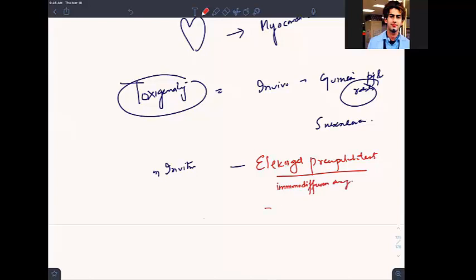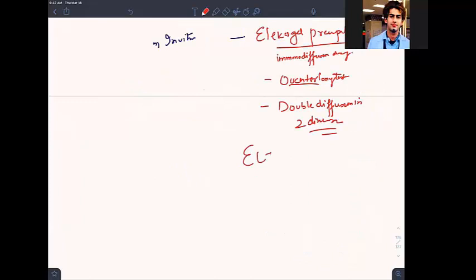Okay, it is also known as the Ouchterlony test. What is the test called? If you want to explain, it is double diffusion in 2 dimensions. So you should watch the image today. You can also take ELISA. Okay, other tests you can use: ELISA, cytotoxic assay, and you can use PCR for which gene? Tox gene, remember, PCR for the tox gene. And you can also do a tissue culture assay.